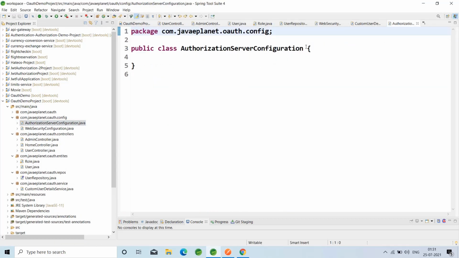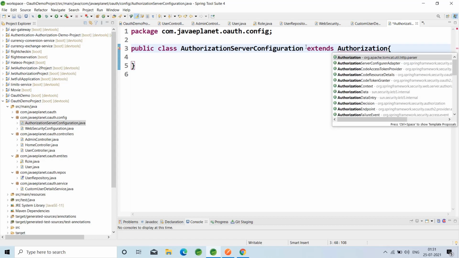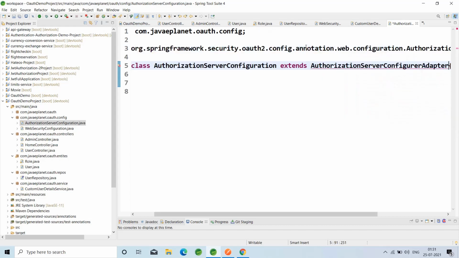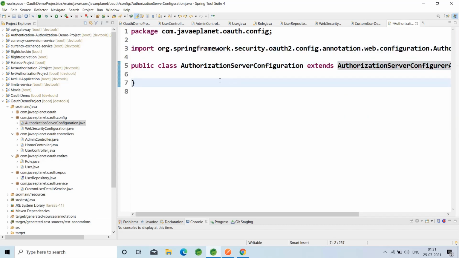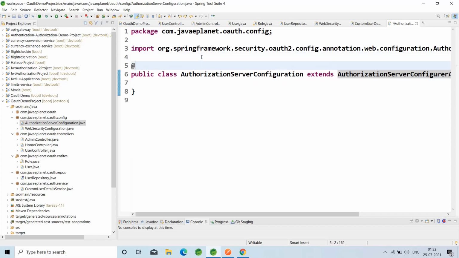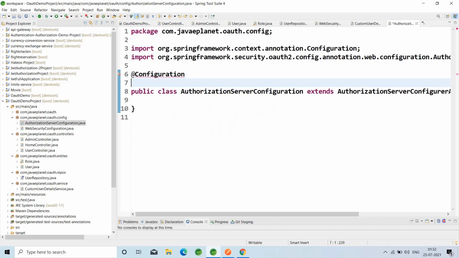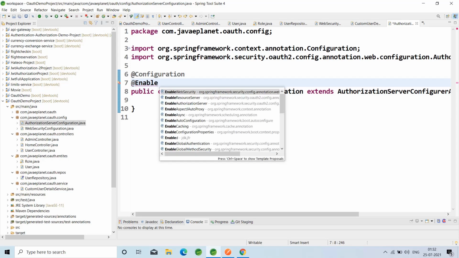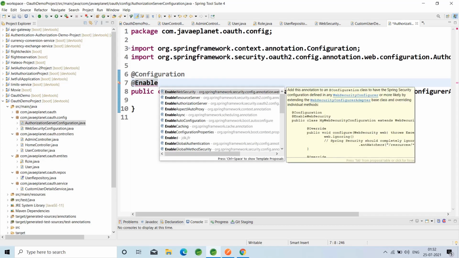And extend AuthorizationServerConfigurerAdapter. Annotate this class with @Configuration and @EnableAuthorizationServer.